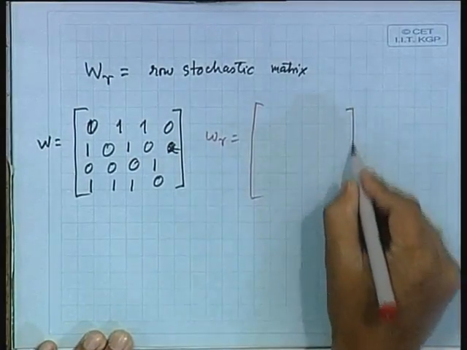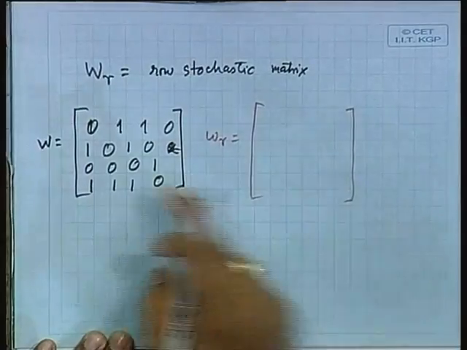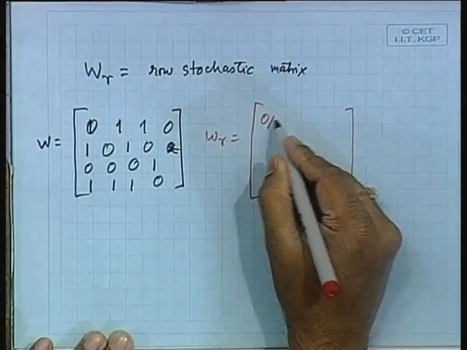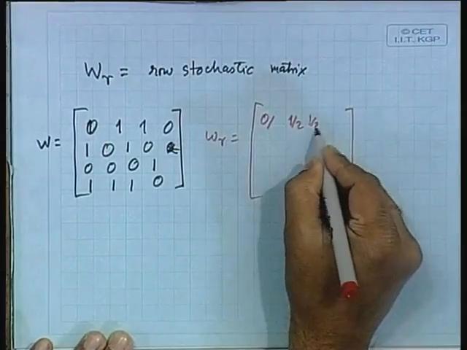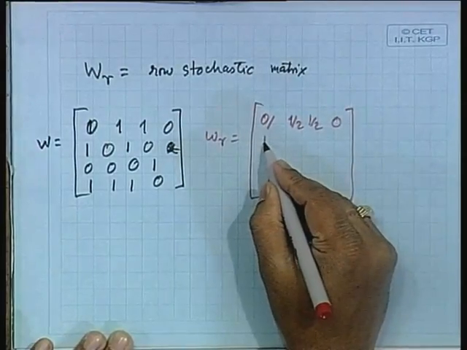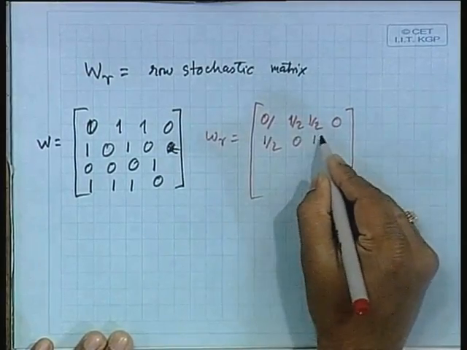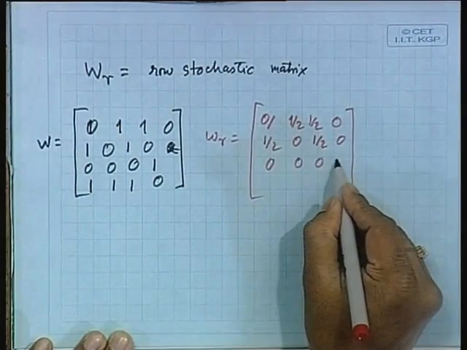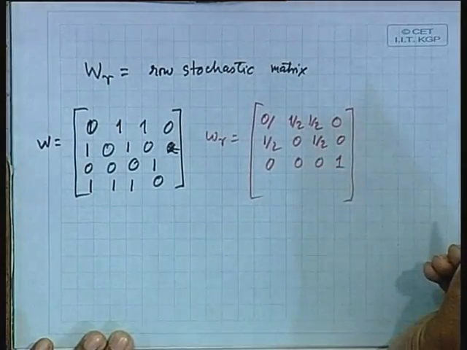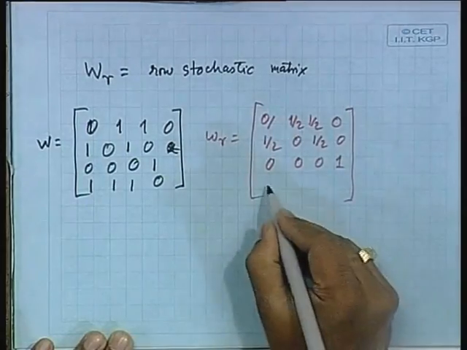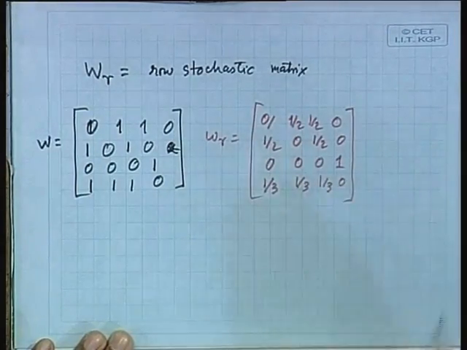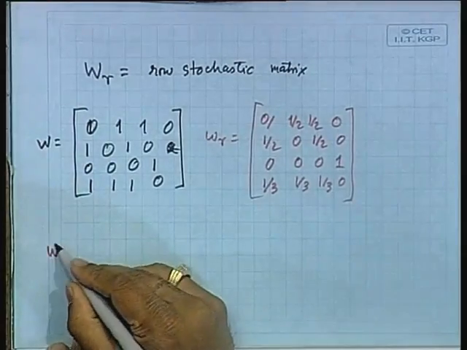For every row you check the sum. So in this row the sum is 2, so you divide it by 2. So it's 0, half, half, 0. Then half, 0, half, 0, 0, 0, 0. This is 1, not half. And what's the corresponding